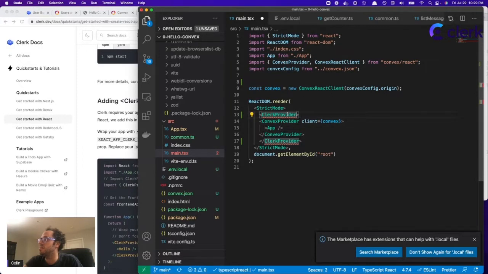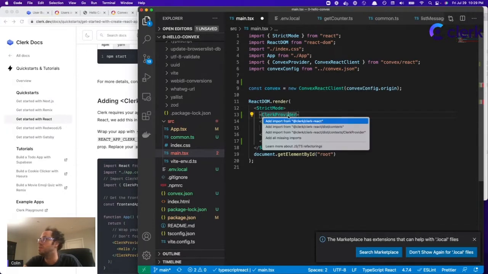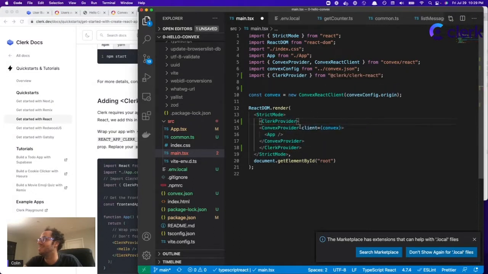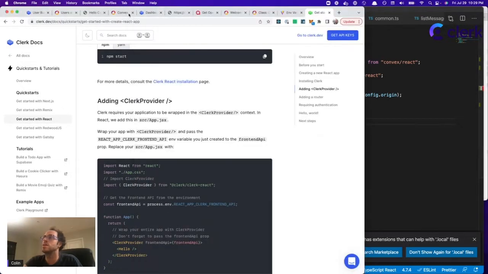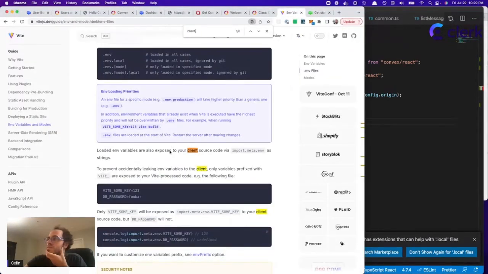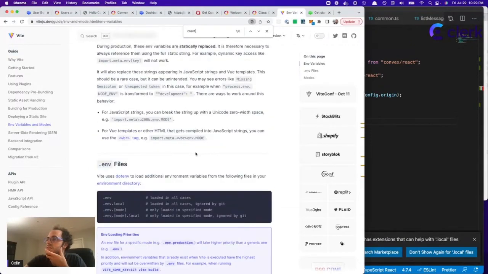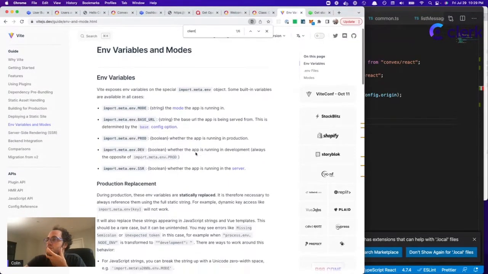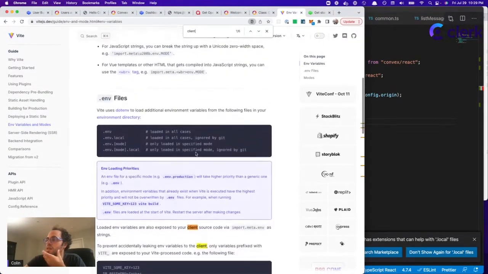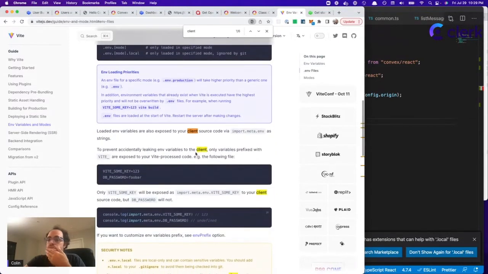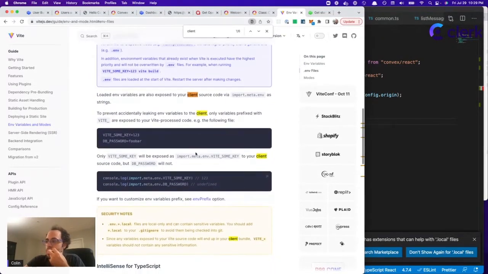And on this, the error is probably that I haven't imported it. So we're going to go ahead and do that. But then we also need to set the front end API here. And it looked like the way we do that is with